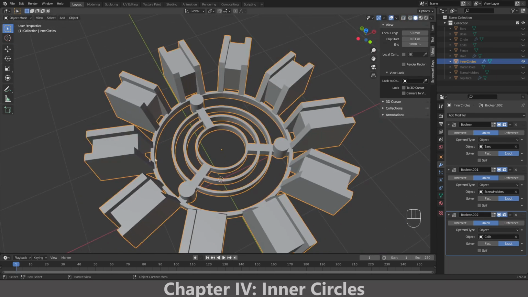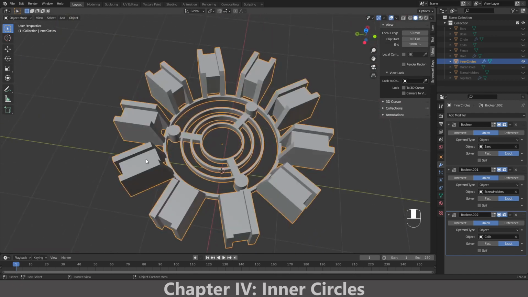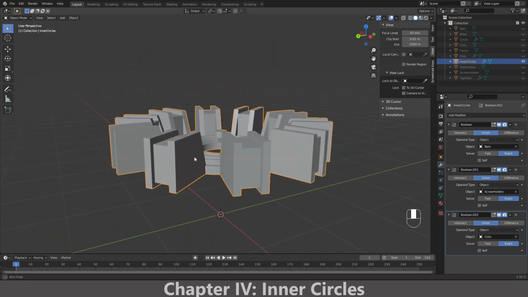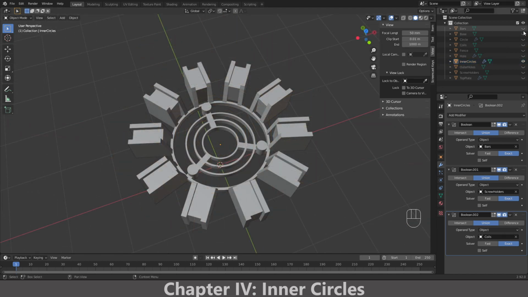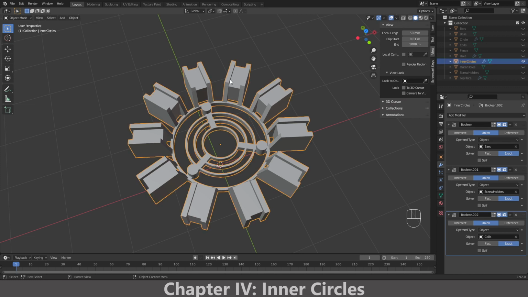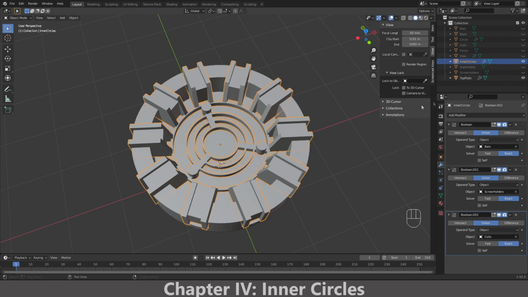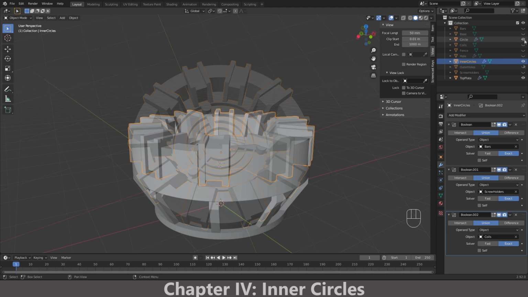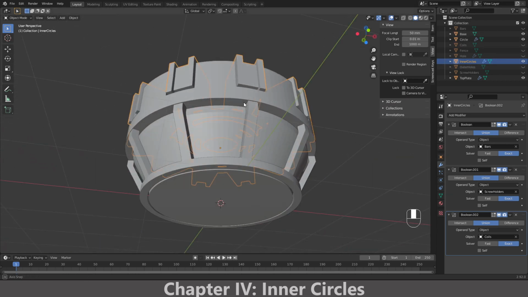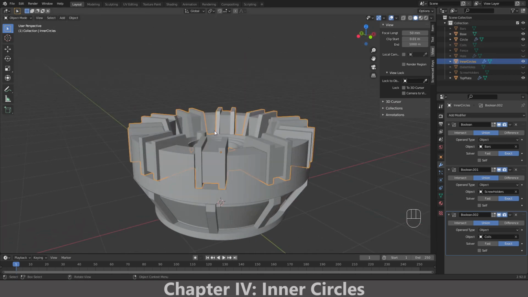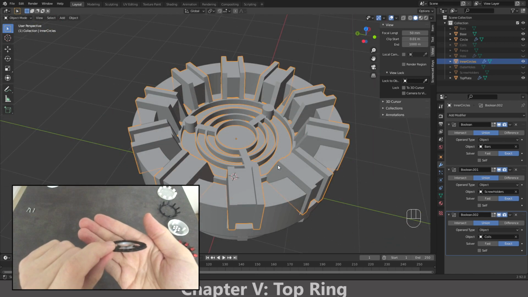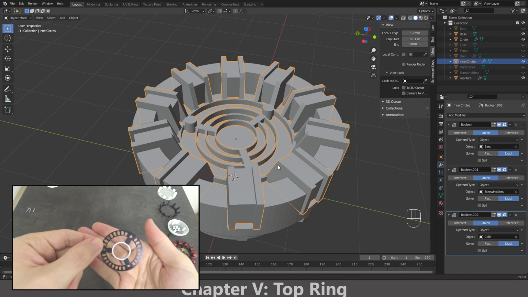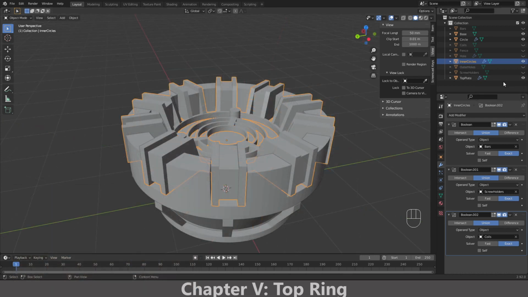This is the most complicated object of the Arc Reactor, and it's printable without support structures. Let's see what we have got until now. We have this inner circles object, we have the top plate, we have our circle and the base. This is how our Arc Reactor looks right now. And there is one last object we need to make. And for this last object,